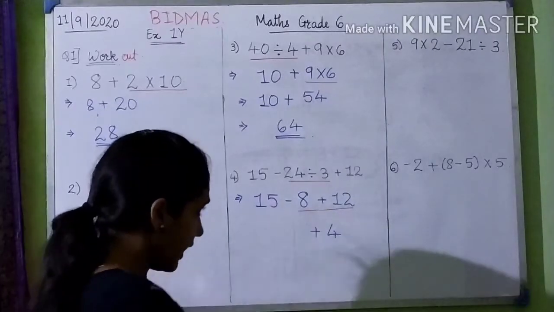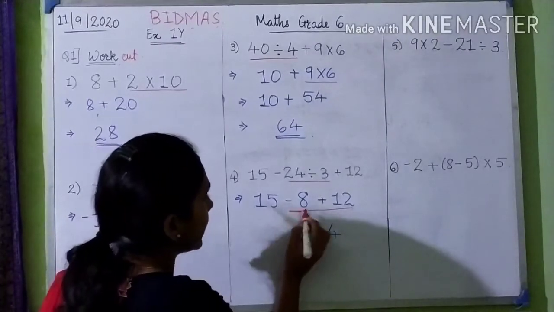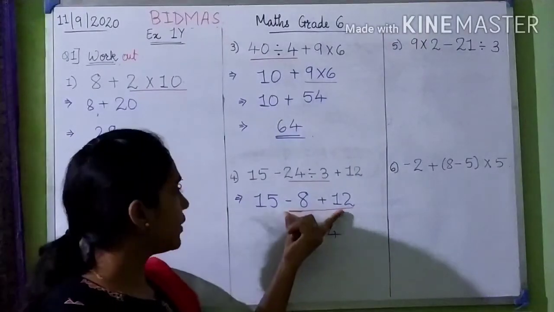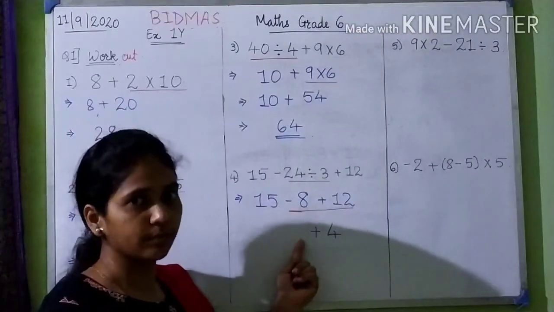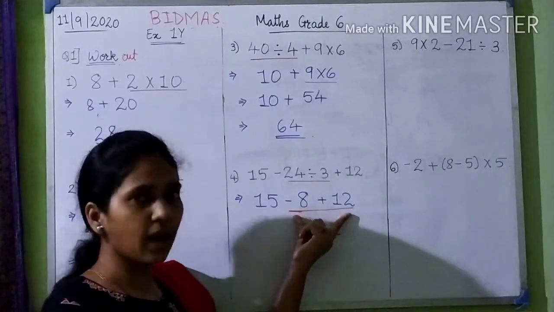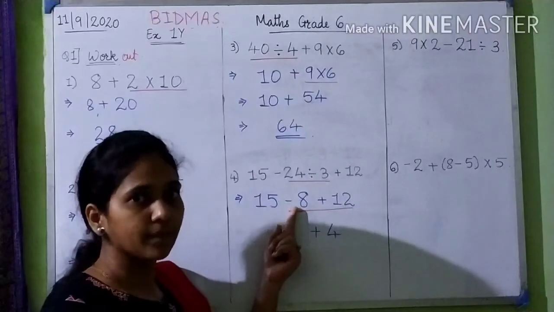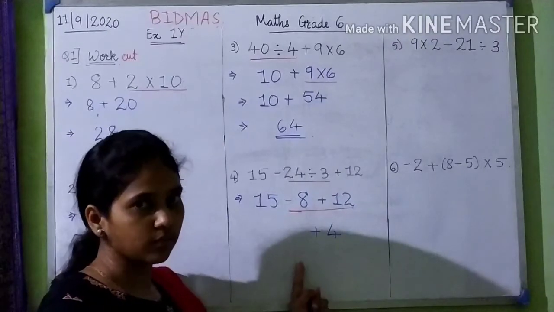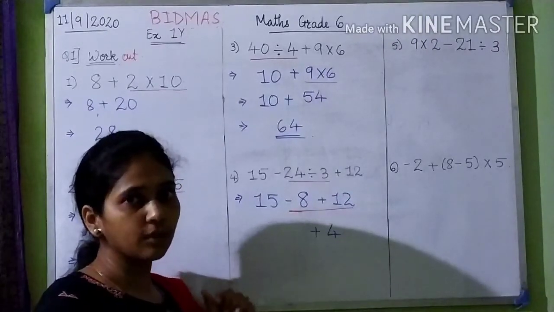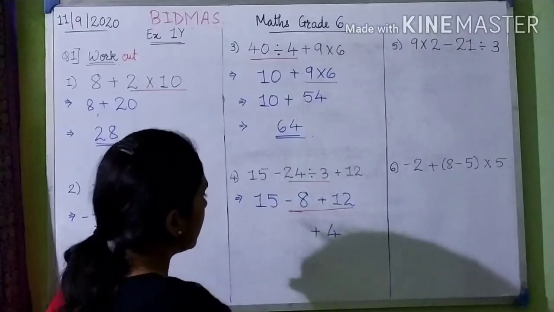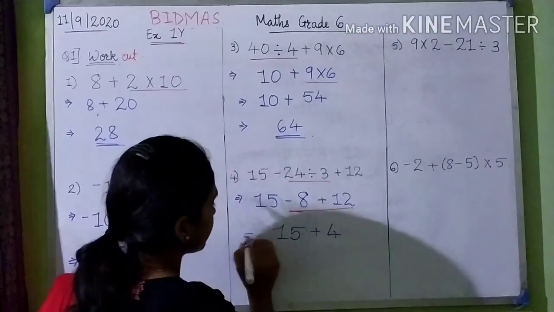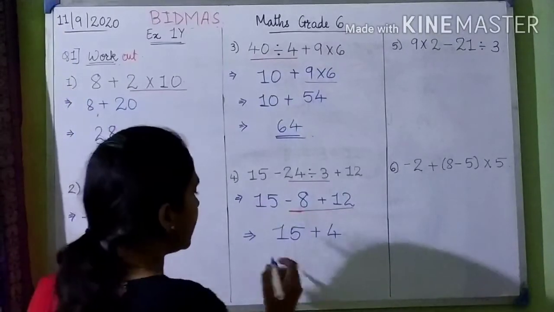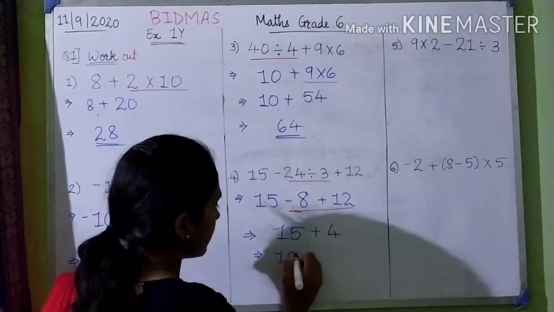And as we have considered this negative sign in solving this, we will not write this minus sign again down. Why? Because when we solved this part, we have considered this minus sign. So we do not have to take it again when we write it down. But this remaining 15 will come down as it is. So this now becomes 15 plus 4. Now this is easy. What is 15 plus 4? 19. So this becomes 19.